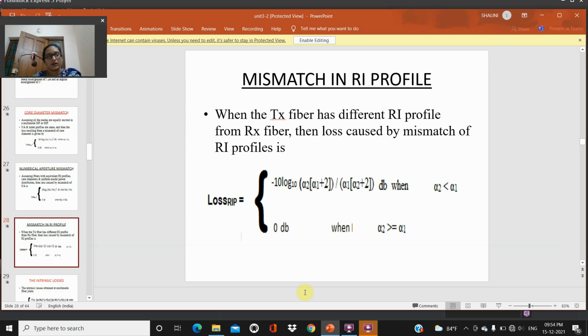Mismatch of refractive index profile. So what is the mismatch of refractive index profile? When the transmission fiber has a different refractive index profile from the receiver fiber, then the loss caused by the mismatch of refractive index profile is given as loss of RIP, or refractive